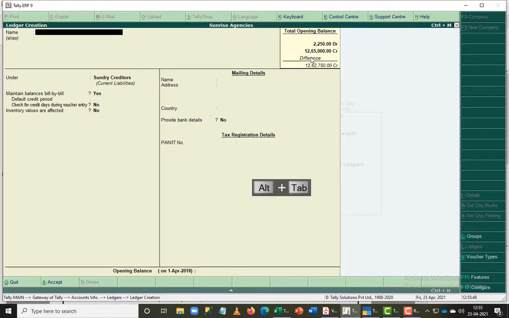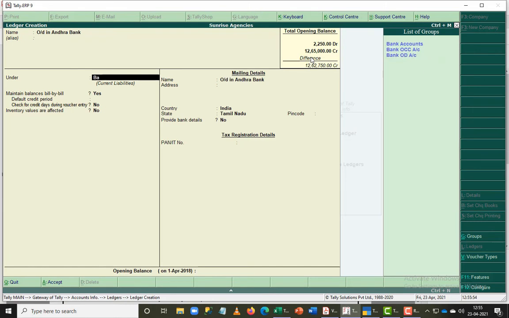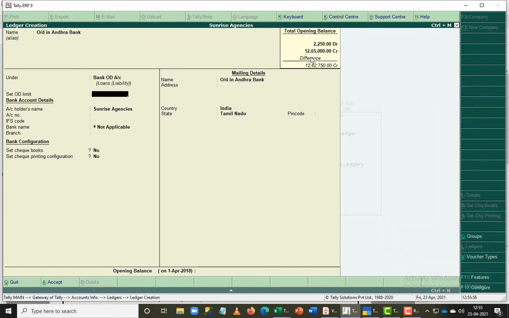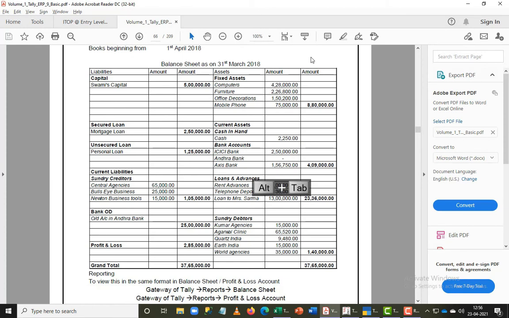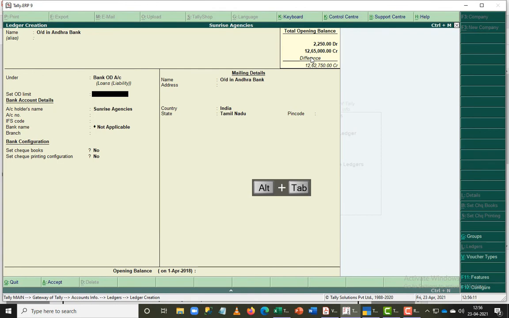Then finally I'm going to add an overdraft in Andhra Bank, and I'm going to put it under Bank OD. As I told you earlier, you can see that Bank OD comes under loans and liabilities. It is not a part of current liabilities. Actually, I gave a wrong answer earlier, so that's why I kept it on the list. So I'll be adding that under loans and liabilities, but again loans and liabilities will be a separate group here. So I will add that in our list, press Ctrl+End, and I'll feed the value as 25 lakhs